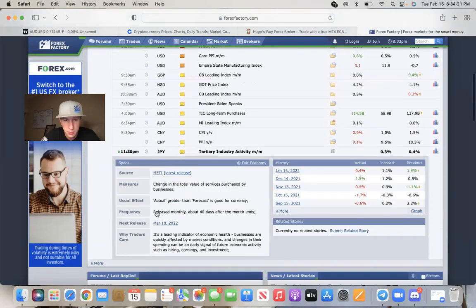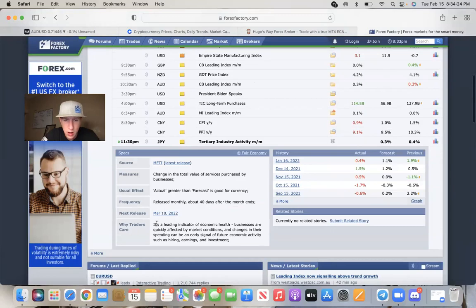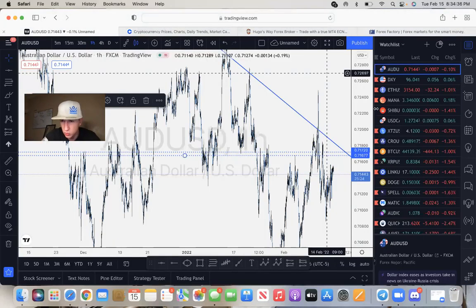Now it doesn't necessarily mean that, and you can see we're on the Japanese yen news, JPY. The next release, you can see why traders care, and this is, like I said, really cool. You can come here and see the history. When was the last one? January 16, 2022. Forecast versus actual looks like it was way below. I bet when that happened, and this is cool too, we can come on here. So January 16th, we'll come to